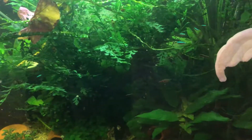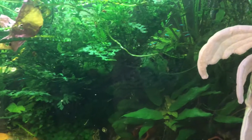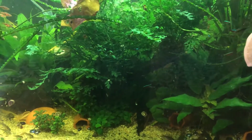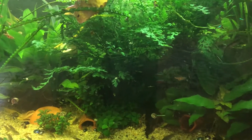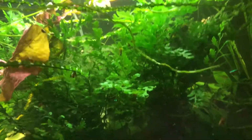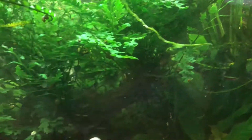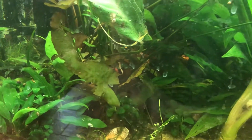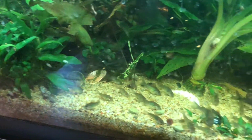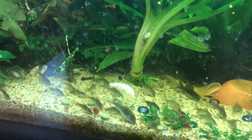Slight tangent. The bobitus, I was having the hardest time getting that to grow when I was in the Pacific Northwest. It absolutely adores this hard water, and it is growing like a weed. Look at how big it is. Let's see if I can pan. It now goes all the way up, and it's attached to the wood here and there. Also, some of my lilies are coming in. I transplanted one over here from my 5-gallon, and then it decided to cut back. But I think that's mostly just because of